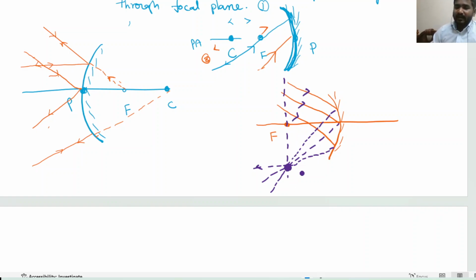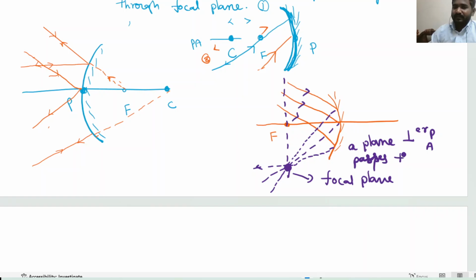And here we need to take this axis or plane, you can take as a focal plane. So focal plane in the sense, a plane perpendicular to the principal axis that passes through the focus is called a focal plane. Any parallel beam of light incident on a plane mirror will be reflected through a focal